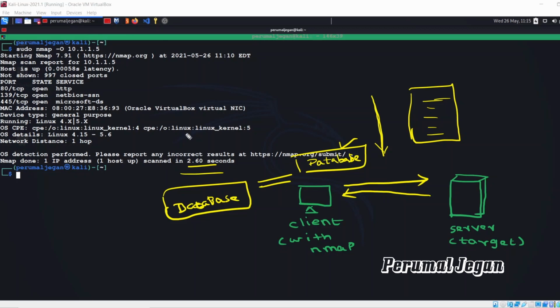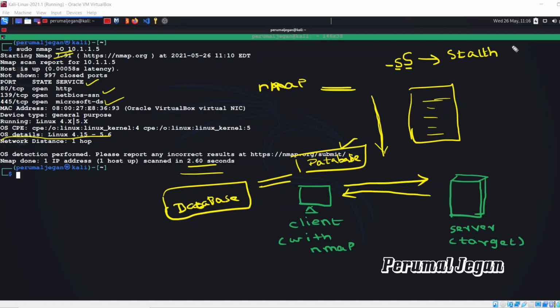By seeing this result, you may ask a question. Perumal, here you gave only the -O flag, but apart from the operating system details, why did we receive the port details also? Your question is absolutely valid. I'll explain. If you simply give the command nmap and your target IP, by default Nmap uses the small -sS flag, which means stealth scan.